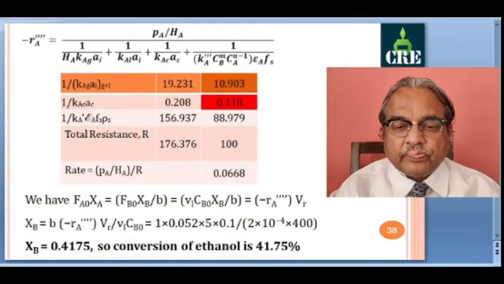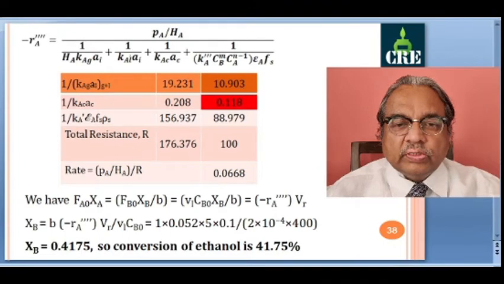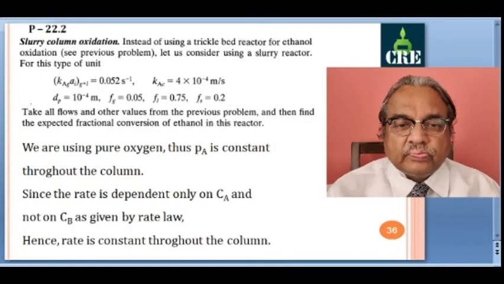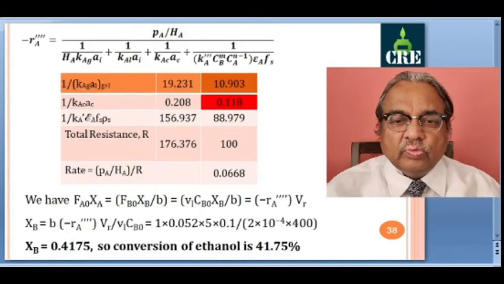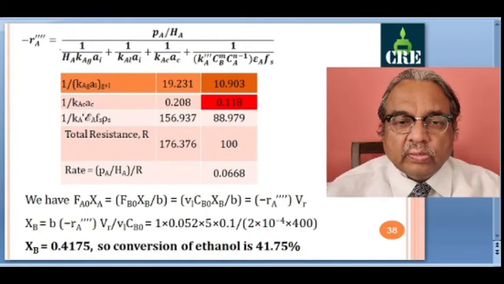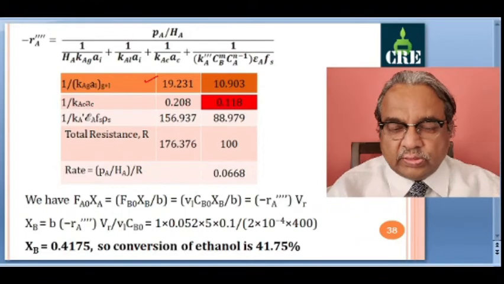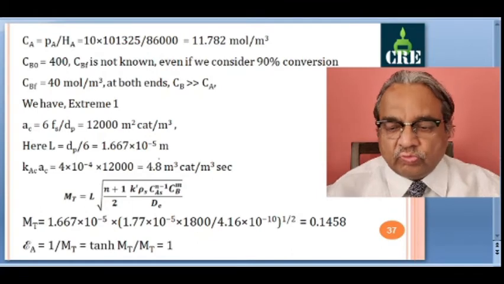Now we will calculate the rate based on volume of reactor, that is minus Ra 4 times prime. So this equation we know. Now first these two terms can be combined, as here the combined value of conductance is given, kAgAi gas plus liquid. So the inverse of this will give you the addition of the first two resistances, which comes out to be 19.231. 1 upon kAc into Ac. So we have calculated this Ac, then kAc into Ac is 4.8.